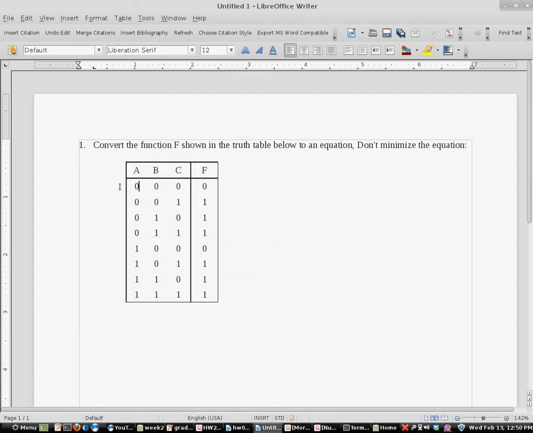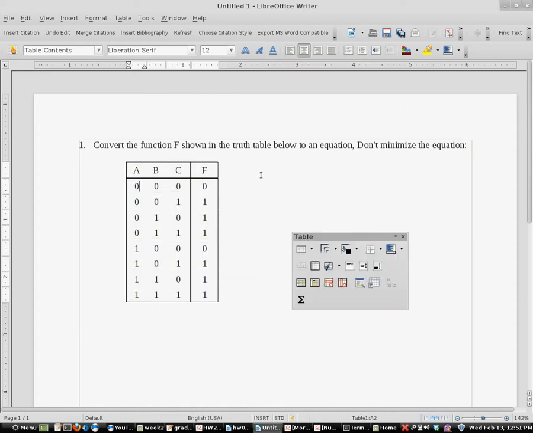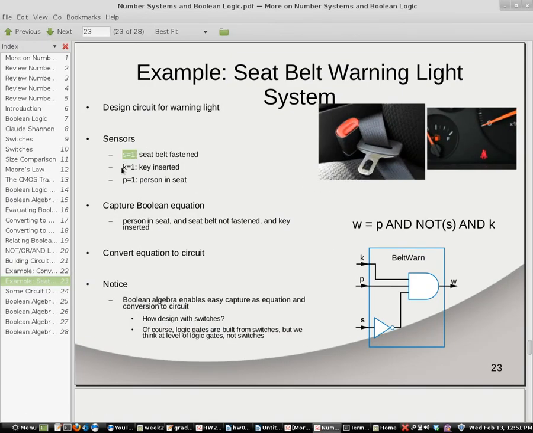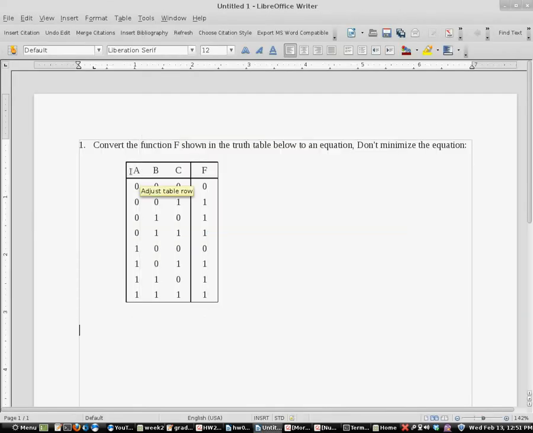So a simple way of doing that is we notice we're interested when our inputs are true, is the way we're looking at this. Similarly to what we had with the seatbelt system, where it said S equals 1. So here it says S equals 1, K equals 1, P equals 1. We're looking at our inputs, whatever they may represent. A equals 1, B equals 1, and C equals 1. So whenever these things